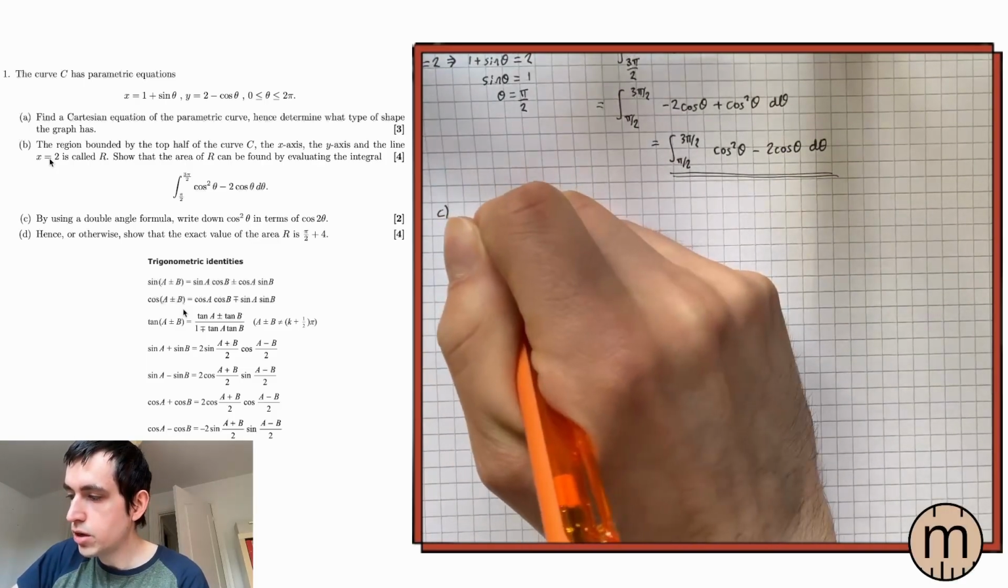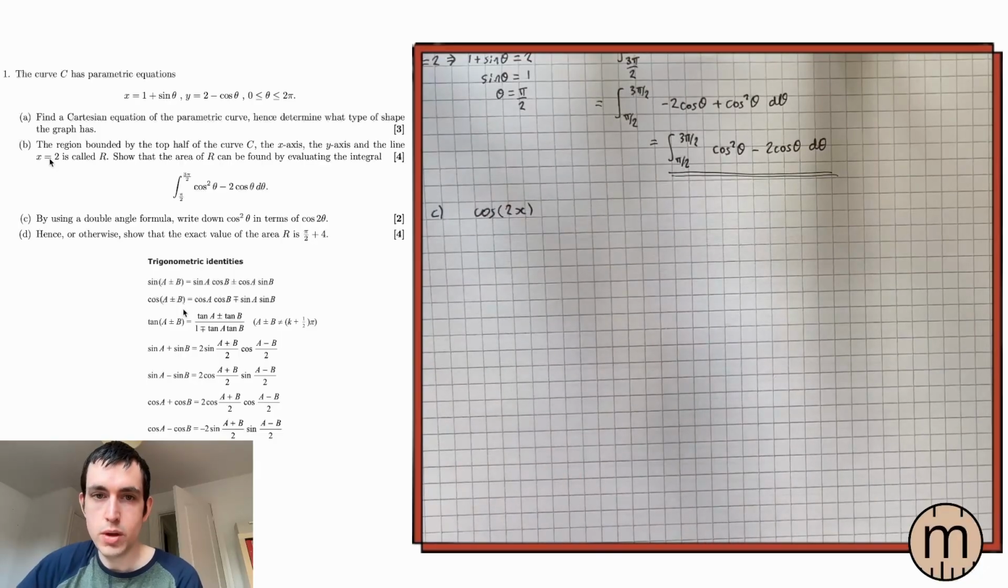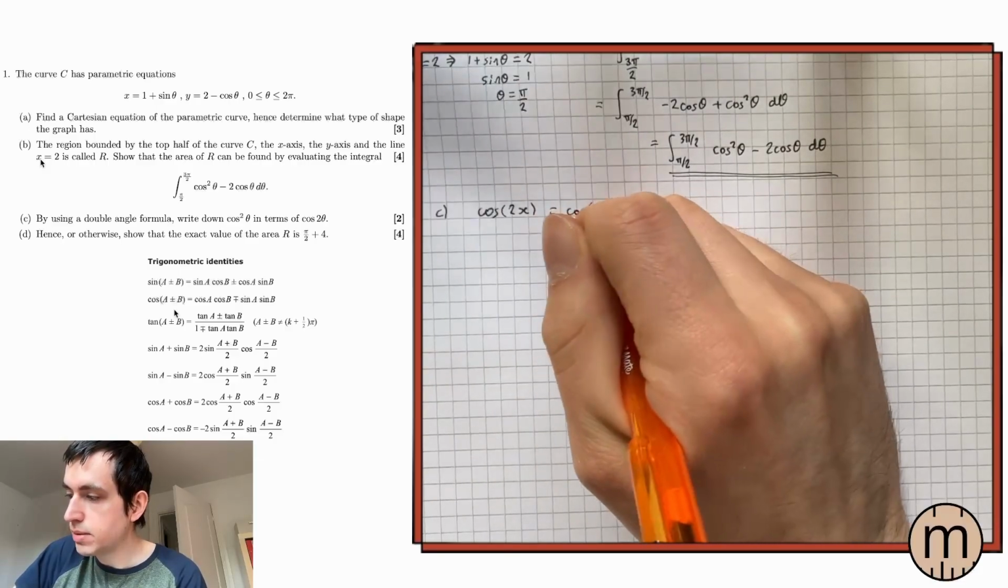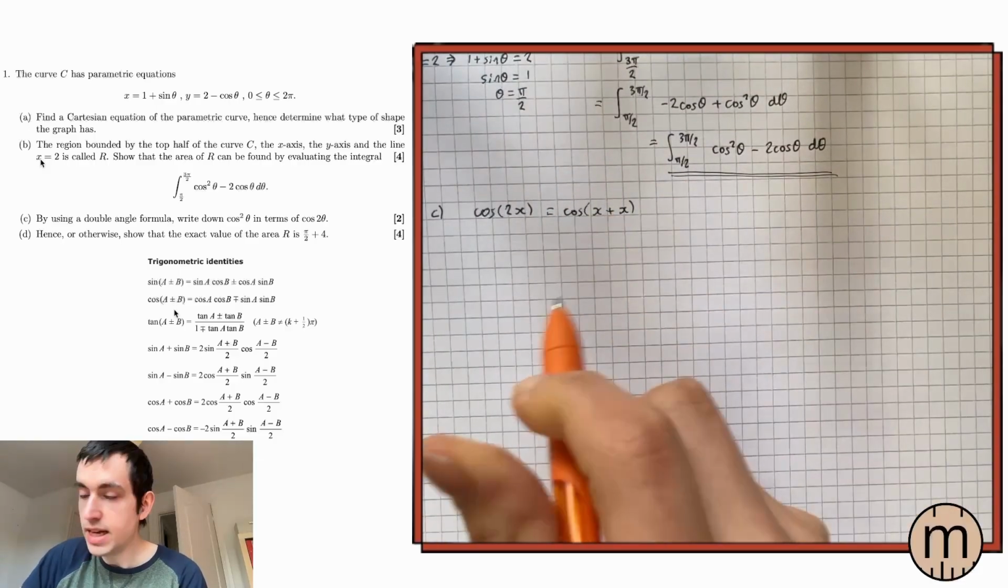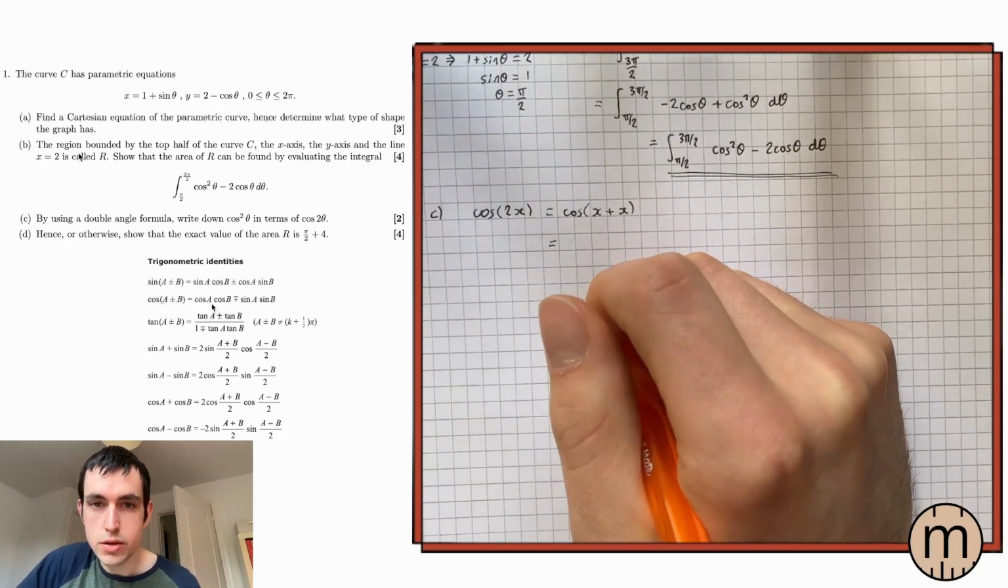How are we going to get cos of 2x? I'll do it in terms of x for now. Well, what could a and b be? They don't have to be different. Why don't we make it cos of x plus x? That gives 2x. Using the formula, that tells us we need to do cos of x,